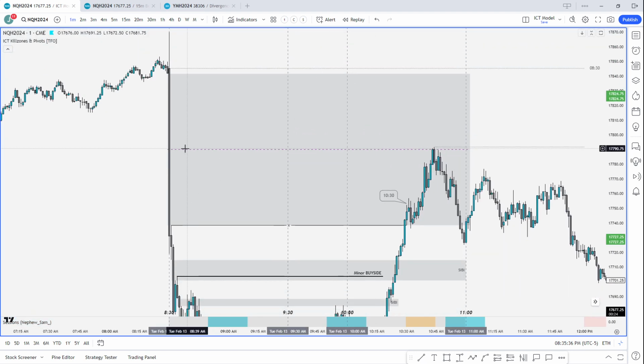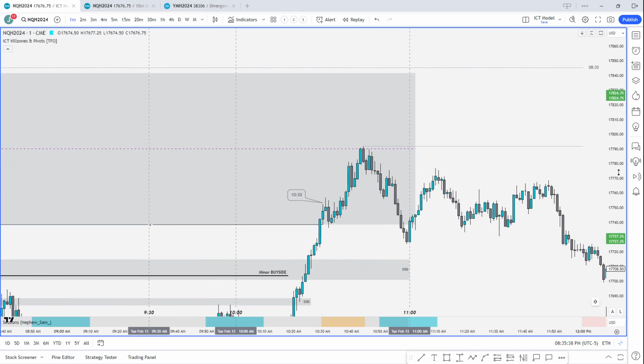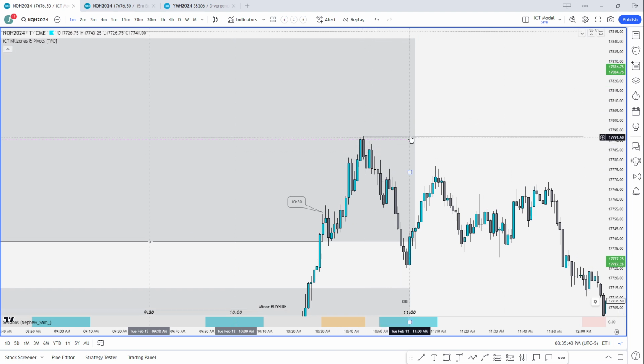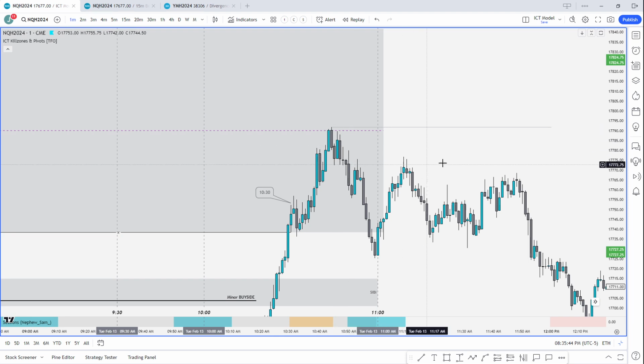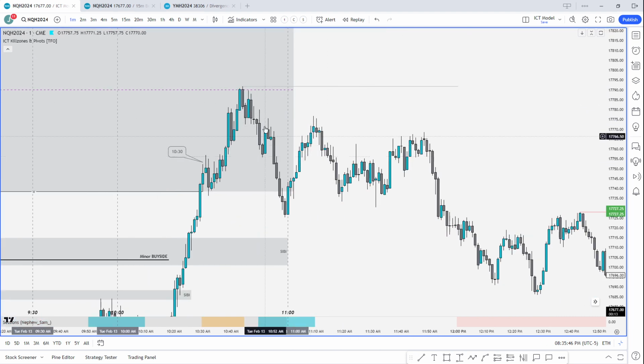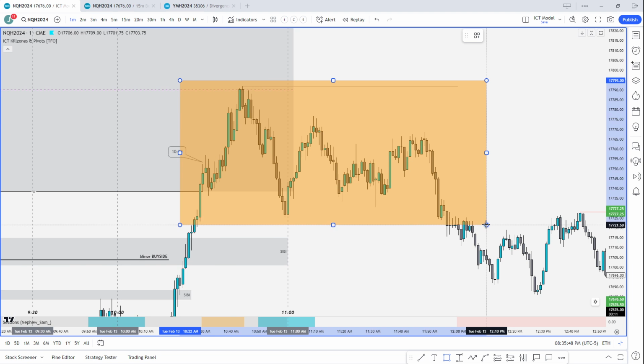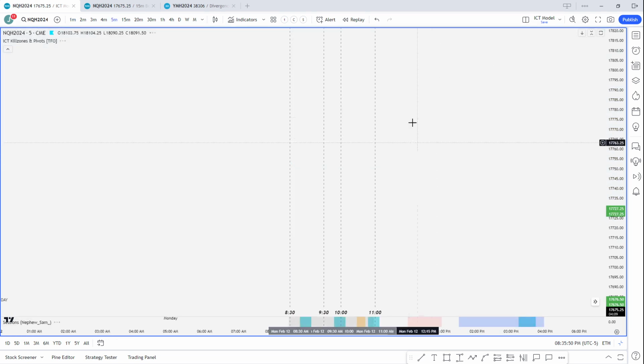Reason being, we have a 15-minute gap. We have this consequent encroachment level. And if we had consolidated and then left it quickly, you'd like to see a breakaway gap form. But we didn't really consolidate on the 1 minute. If you zoom out, obviously this here is all consolidation. So if you zoom out to the 5,